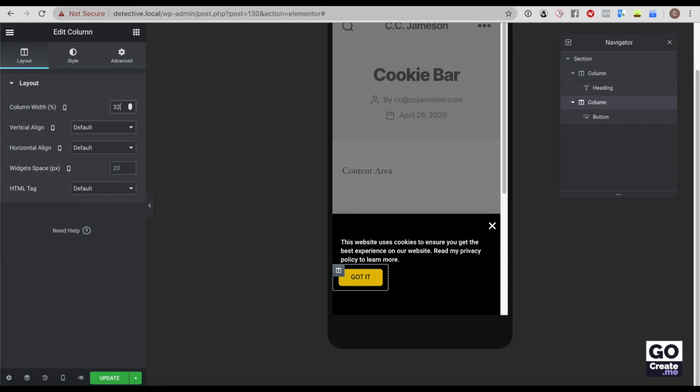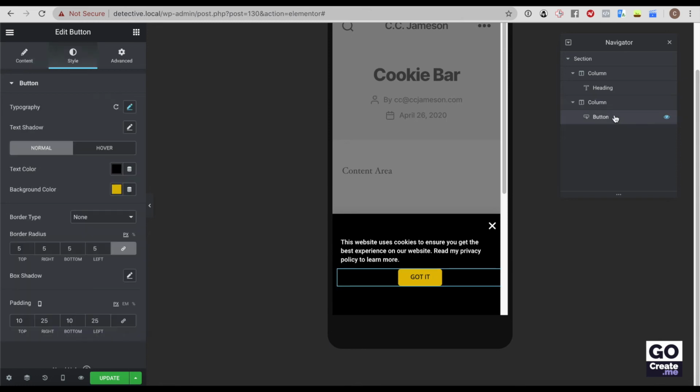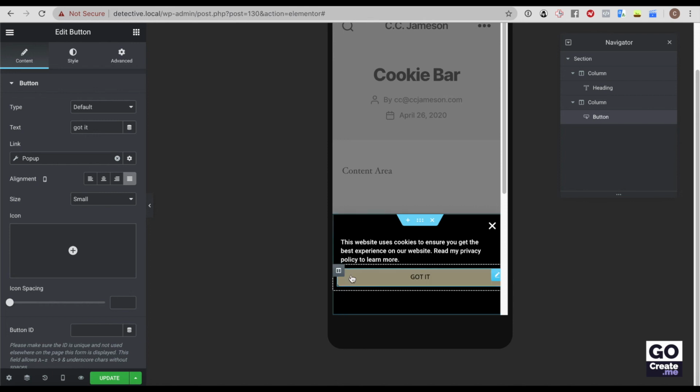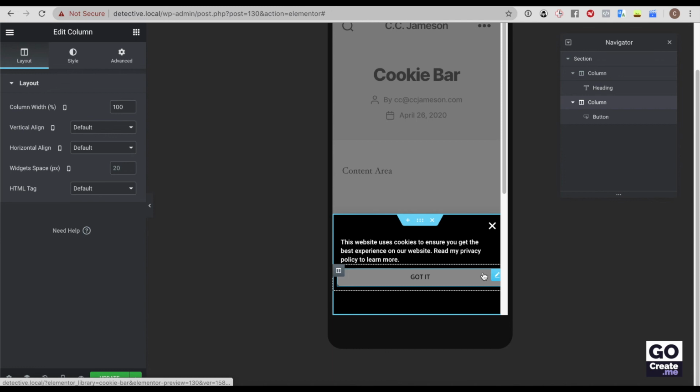make the second column with the button take 100% as well. And then I will click on the button itself. And the button, if I click on content, I will make it justified. So justified occupies the full width, but I have the problem that it's also too close to the edges, so